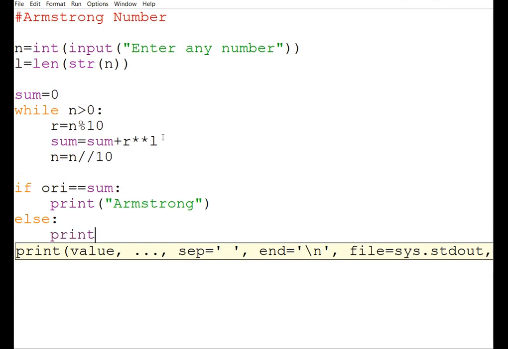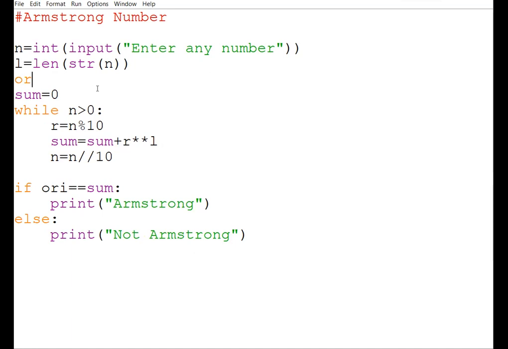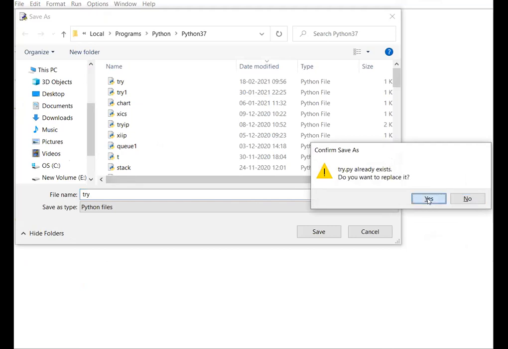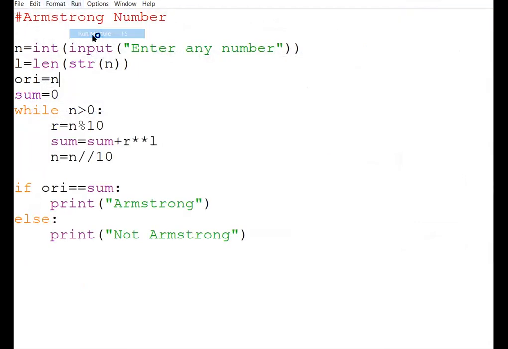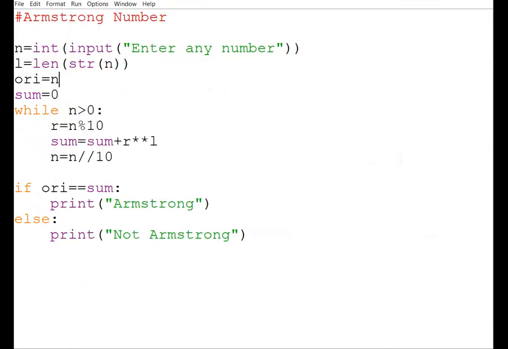Ultimately this original we have to store with the value of n. We will check first how it is working. Enter any number, 153. It is working perfectly, Armstrong number. And if I take any other number, 123, it is not an Armstrong number, fine.